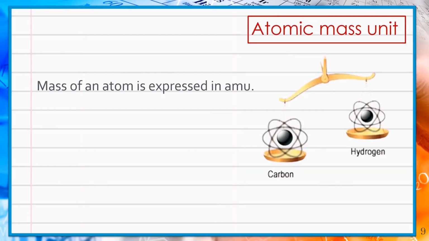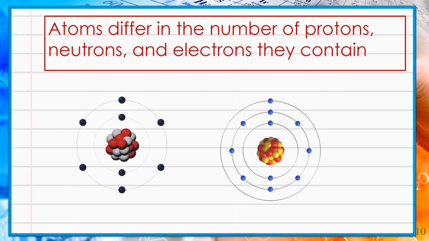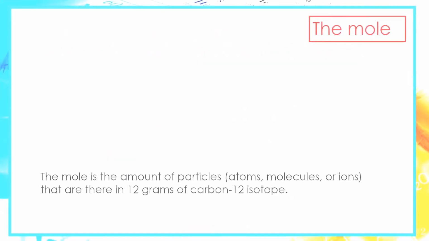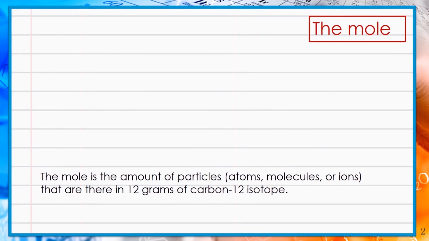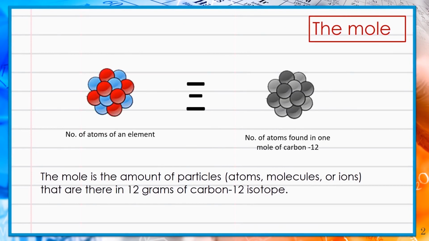By now we know that the mass of an atom is expressed in atomic mass unit, and that atoms of elements differ in the number of protons, neutrons, and electrons they contain. Inside the lab, we need a unit that can be used for practical measurements. For this purpose, we use the unit mole, which can later be converted to grams. We express the mole by comparing the number of any particles to the number of atoms found in 12 grams